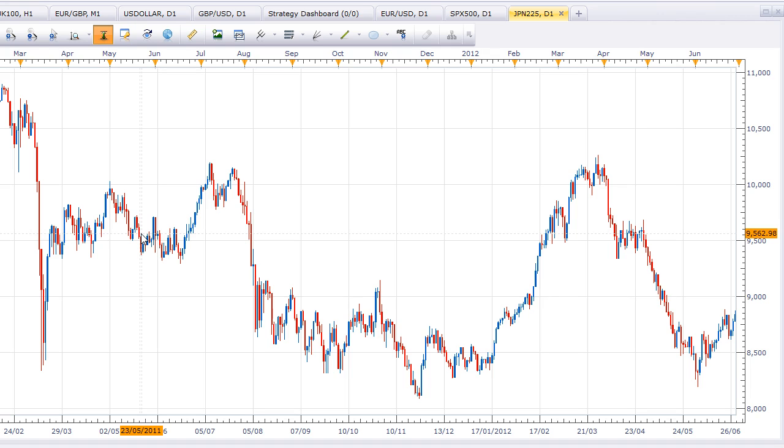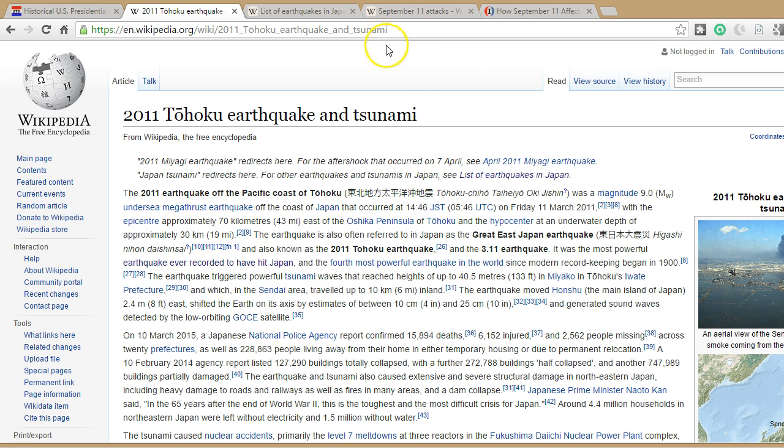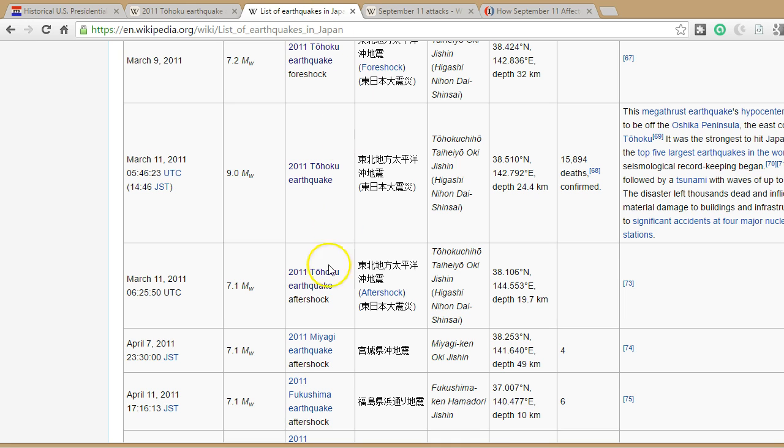Now, natural disasters are not subject to conspiracy theory because there is nobody behind that. You cannot engineer a tsunami wave just like that. Terrorist attacks, you know, there are different theories about what happened on 11th of September in America. But here is sheer nature at its worst. So if we look for other earthquakes in Japan, you'll see the Fukushima plant on the 11th of April. So we had the March tsunami and then the Fukushima earthquake aftershock in April.